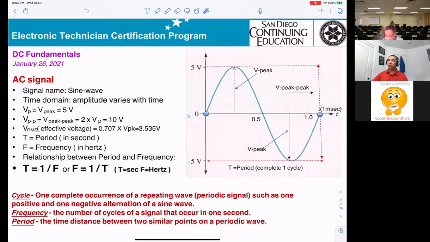I am on Zoom now, okay? I'm on Zoom now. Okay, so